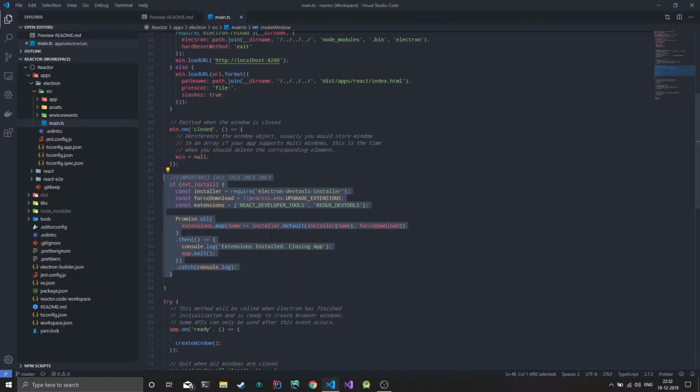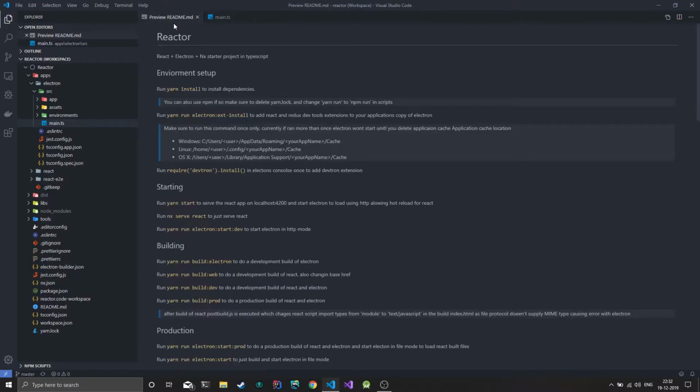If this code is executed more than once, like if you try to install the same extension twice to Electron, the docs say it should give a warning, but in my case mostly Electron just stops working and it doesn't start anymore. So there is a way to fix it, that is to delete your application cache. I've actually included the locations where it would be on all three platforms,